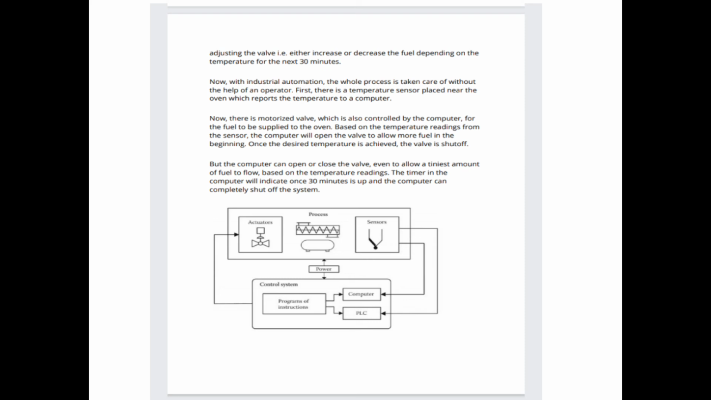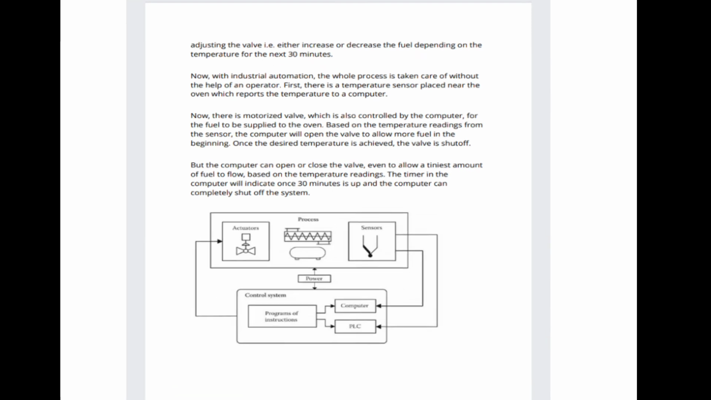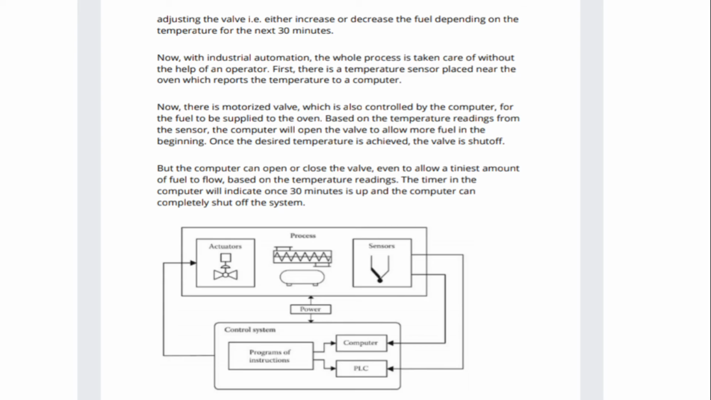Now with industrial automation, the whole process is taken care of without the help of an operator. First, there is a temperature sensor placed near the oven which reports the temperature to a computer. Means